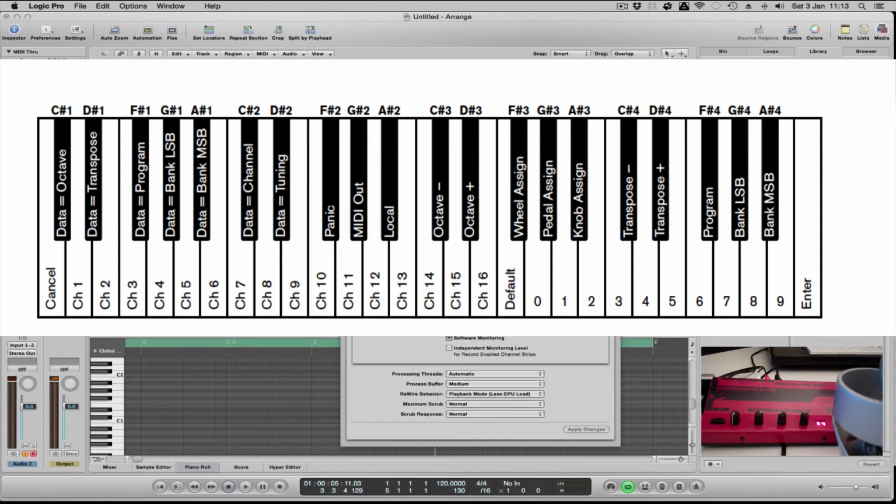And also on the Key Studio 49i, there is a MIDI out button. It's a little tricky to get to. You need to go to edit mode and then